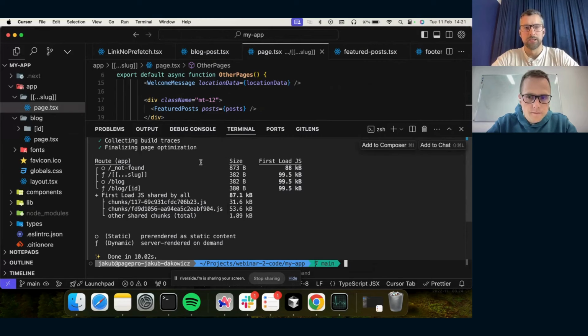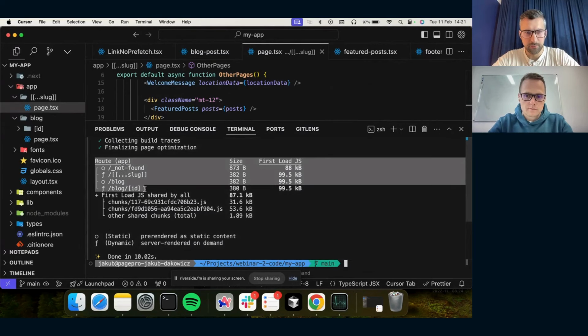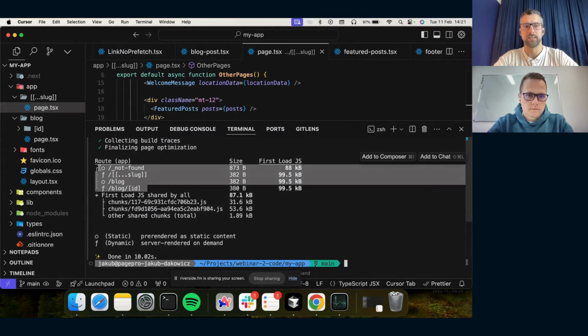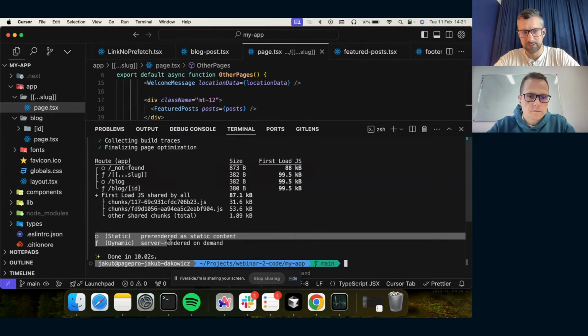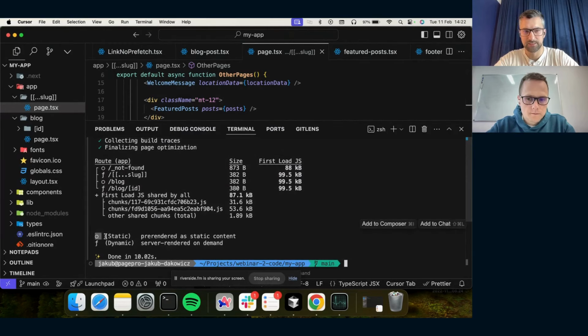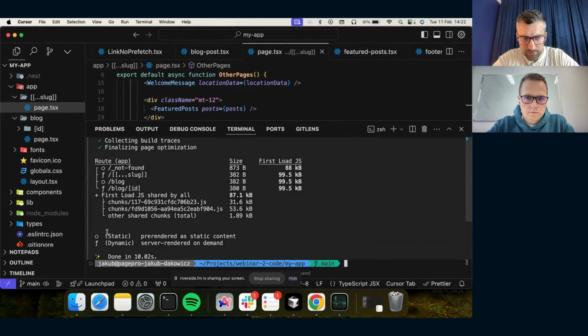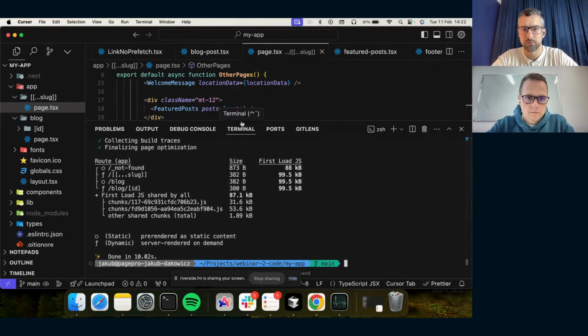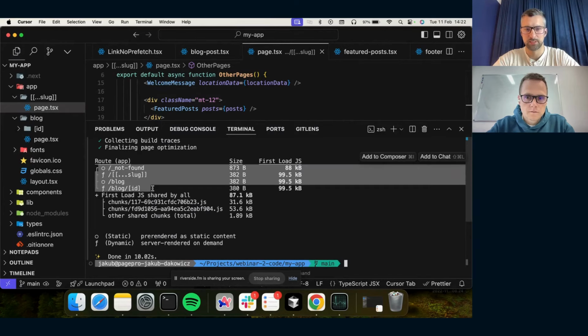Yes, looks good. Okay, so as you can see in my example, I've got 4 pages, and you have a legend at the bottom. The empty circle means that it's a static pre-rendered page, so it will be rendered once. F means that it's a dynamic server-rendered function, so each request will execute your code and re-render your page. I don't have a sample of a static site generated page, but I will show you after my updates. So this is how the basic output looks. Let me